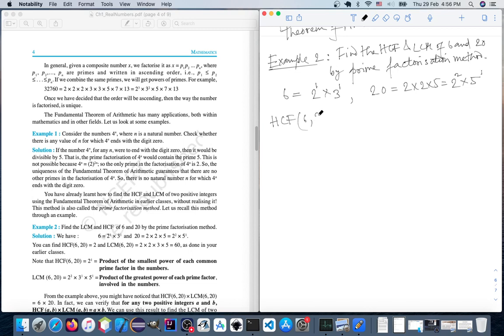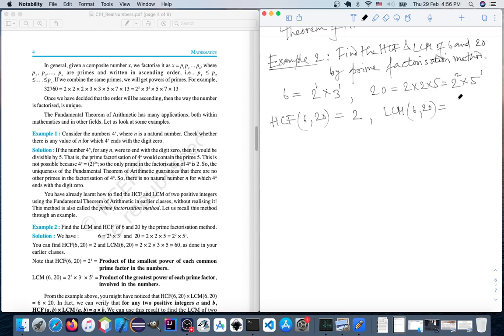From the prime factorization, the answer is obviously 2. So 2, and the LCM of 6 and 20